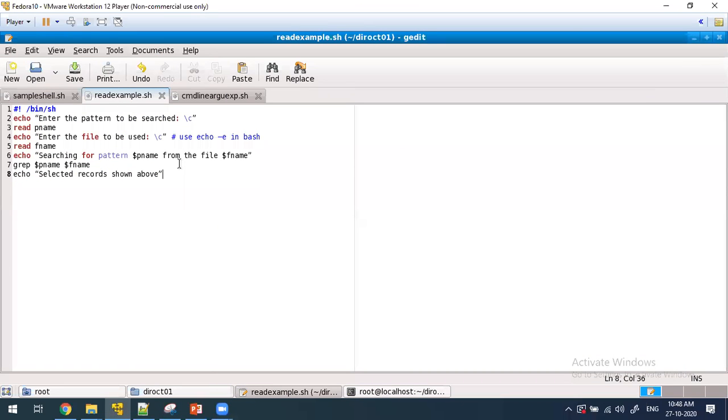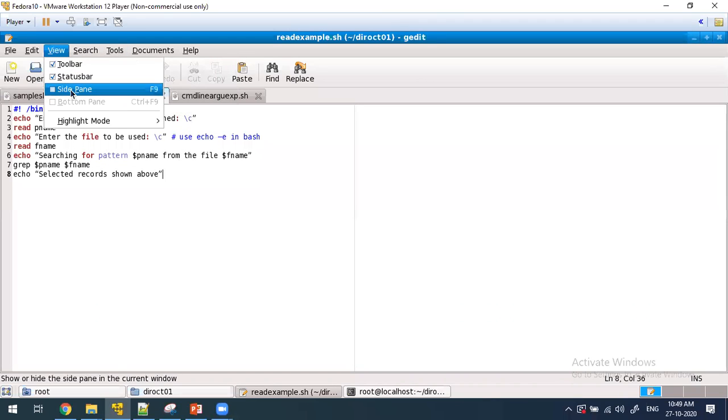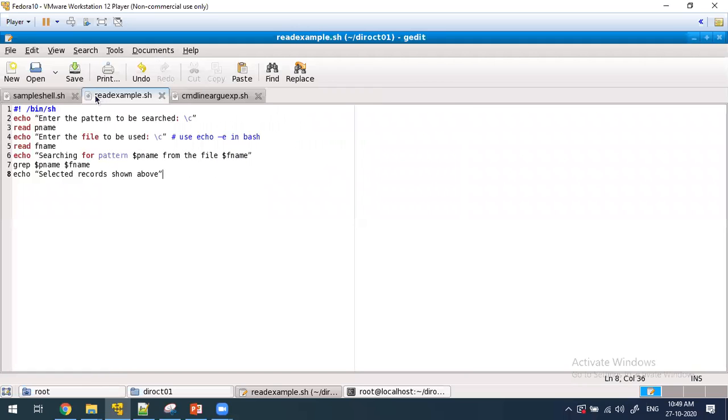The example is here, one read example. Here I'm going to execute using the bash shell. The first message is: enter the pattern to be searched.